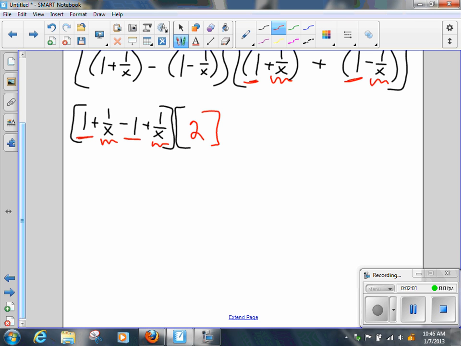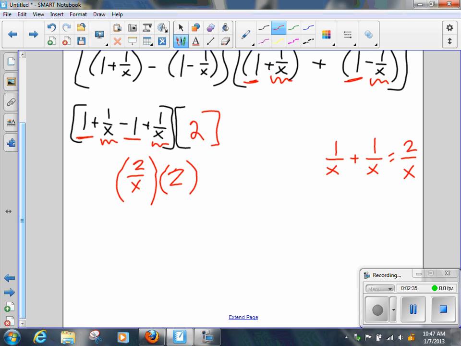I had to think about this. 1 over x plus 1 over x. Isn't this just adding fractions? Yes. So our denominators have to be what when we add fractions? The same. Are they the same? So what do we just do? Add across the top, and it gives us 2 over x. It's still weird. It looks weird. That is messed up. But that's what it is. 2 over x